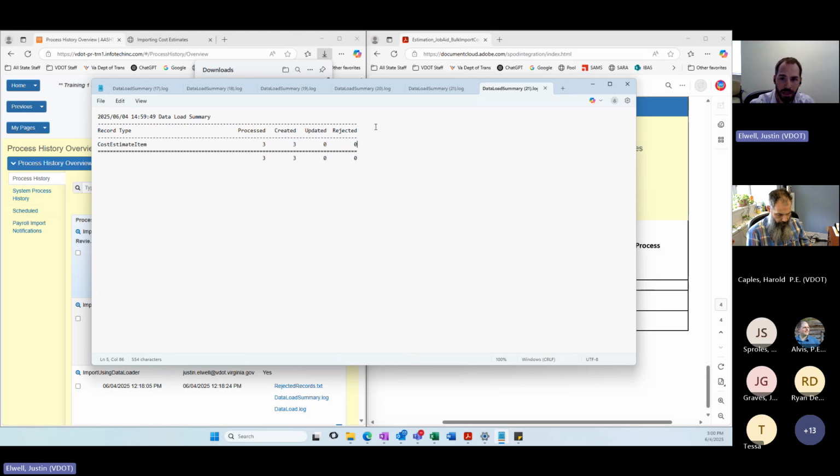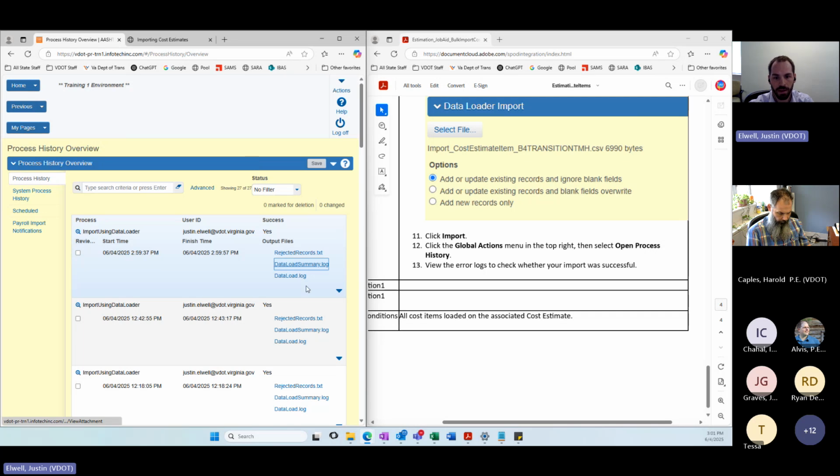If it did not, it would show items rejected, which you can see on a previous log. 2 were created, 2 were rejected, and it just gives you a sneak peek into whether it was successful, and if it wasn't, how many were not. So a very helpful log, and the one I primarily use when navigating here.